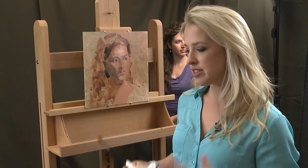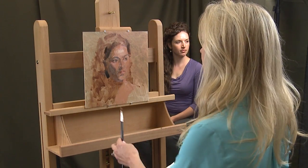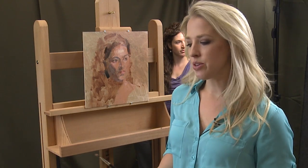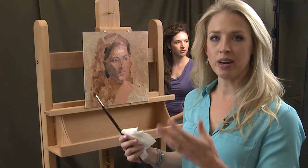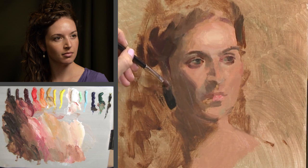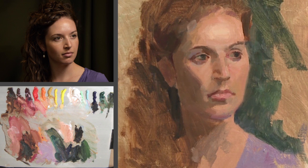I feel at this stage that I can go ahead and start refining my drawing a little bit, refining my values, and I'm going to do that by jumping around on the painting. There will be some slight color changes in the shadows, but be careful not to confuse a color change with a value change. Right now my edges in the shadows are fairly sharp as I've just been defining forms, but